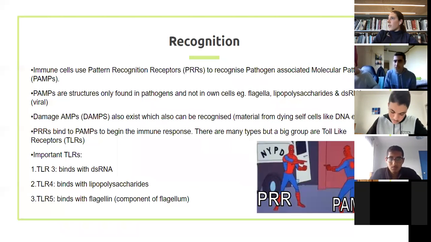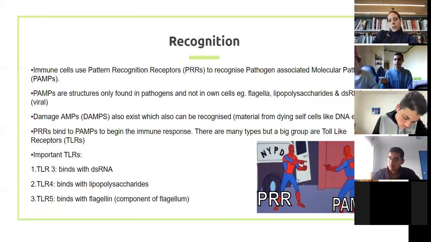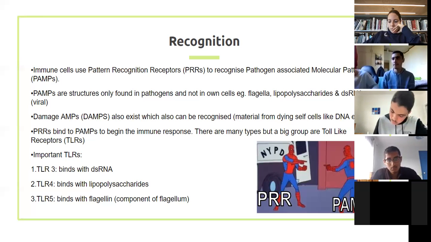Cool. In terms of recognition, our body uses things called PRRs, pattern recognition receptors, which are receptors that can detect specific things on pathogens that only pathogens have. These we call PAMPs, pathogen-associated molecular patterns. I'm not going to go into big details, but our immune cells have receptors that can pick up these bacteria-specific things. We have other ones called DAMPs, but they're not as important. What is important is a specific group of